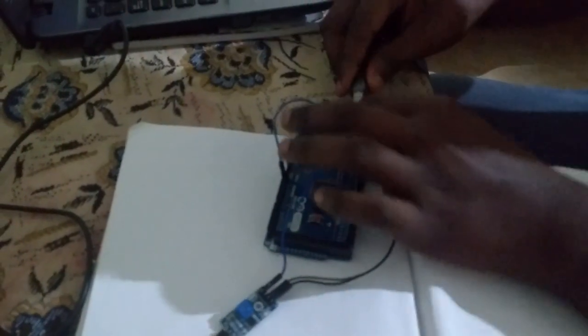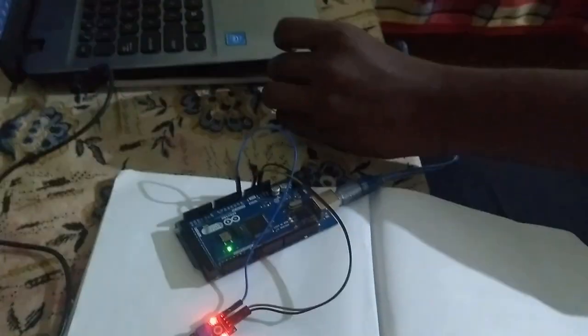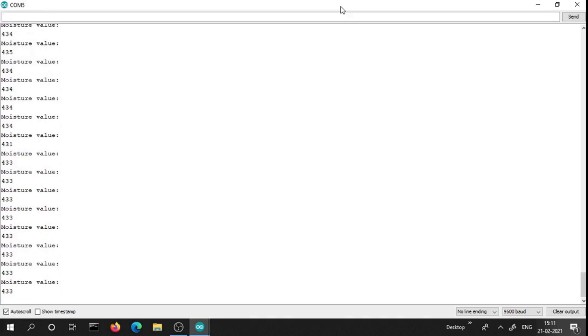Now I am going to upload it. Okay, now you can see the values from the moisture sensor.